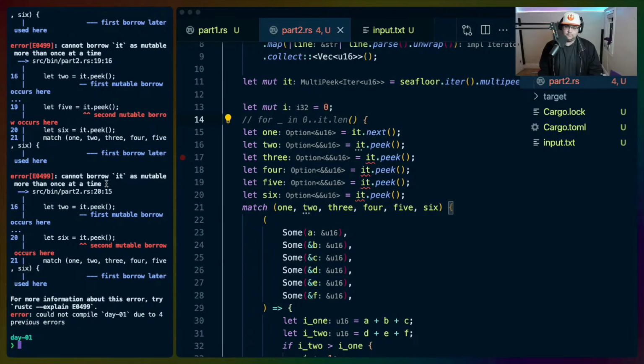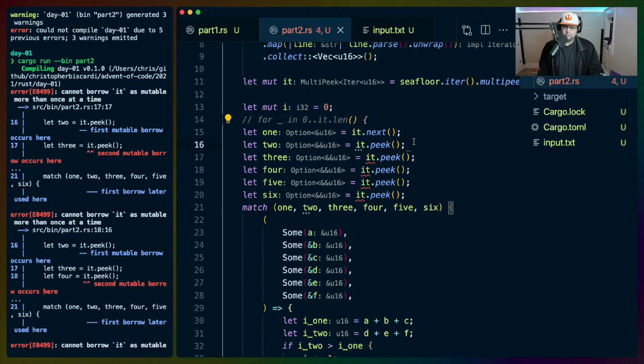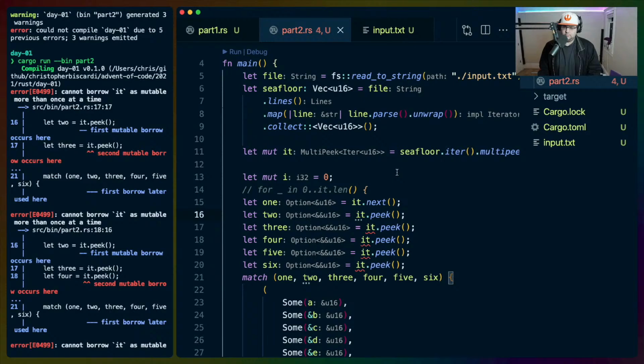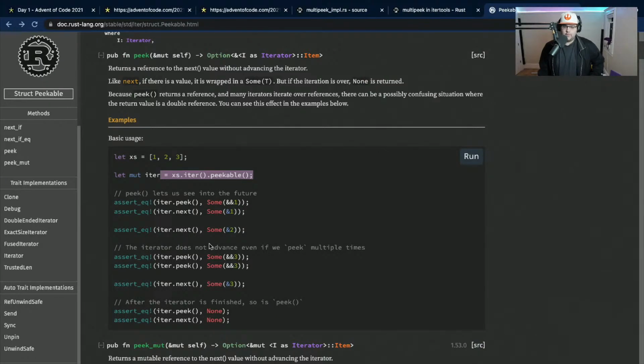Still no. I mean, you can do this even in the docs, so I'm a little confused as to what I did. I'm not confused as to why it's a double reference, because we have the iterator, which is a reference, and then we have the value that we're peeking, which is another reference.